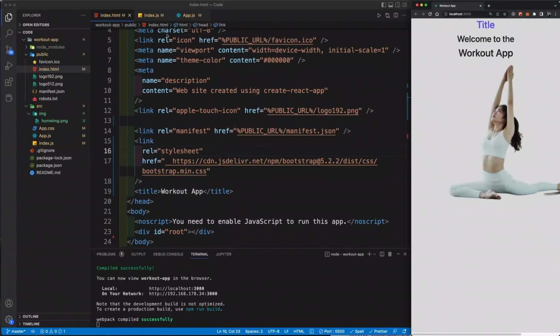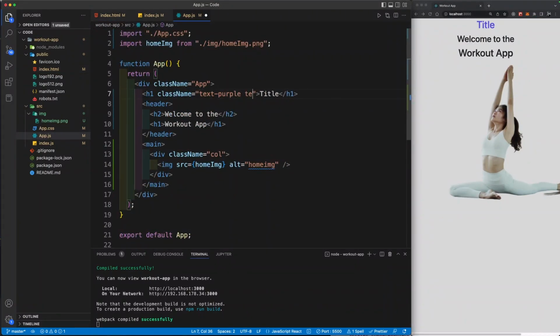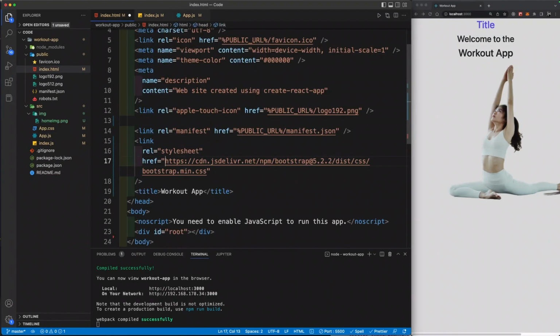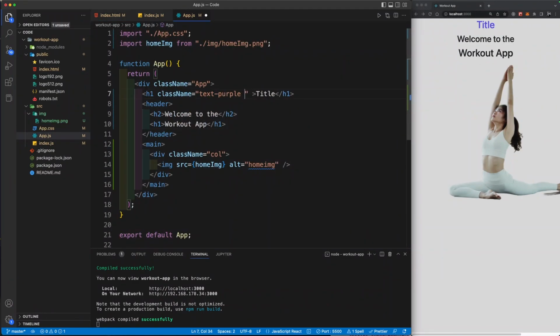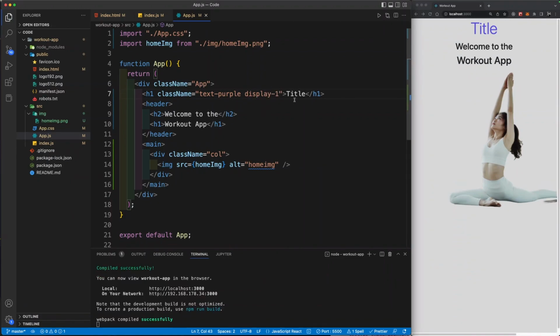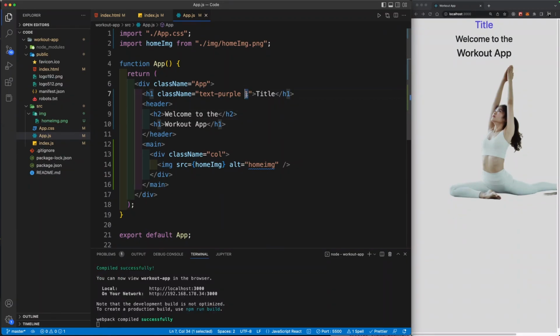And let me just test something here. Let's do a text left. Okay, let's do a, up here in the title, let's do a display -1. And okay, so Bootstrap is working. Let's also try BG danger and just changing it to red. So Bootstrap is working. We can now delete this. So pretty simple. This is how you would link up Bootstrap, and we're going to use a couple of Bootstrap